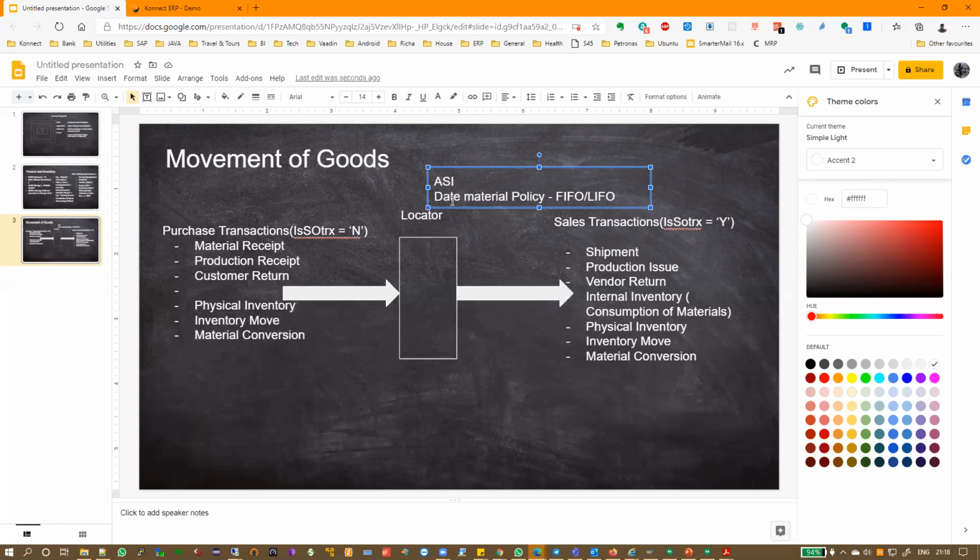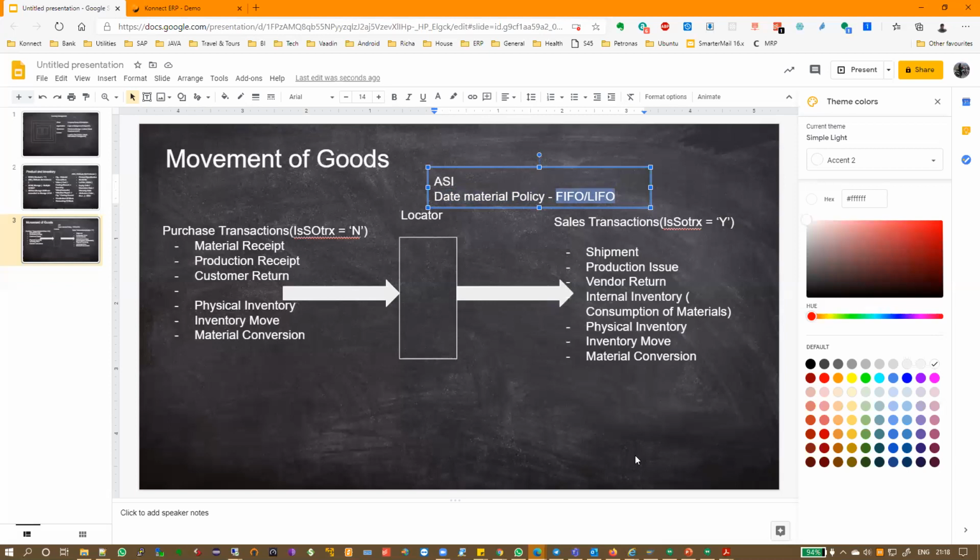So when that stock came into the locator is determined using the date material policy, and when it goes out, it picks up the earliest or the latest record based on FIFO or LIFO. First in, first out, last in, first out. Is this clear? All right.